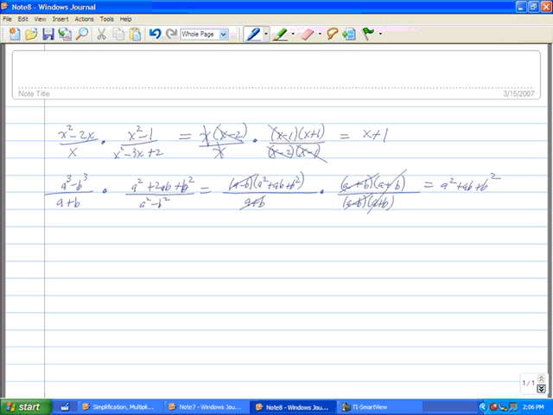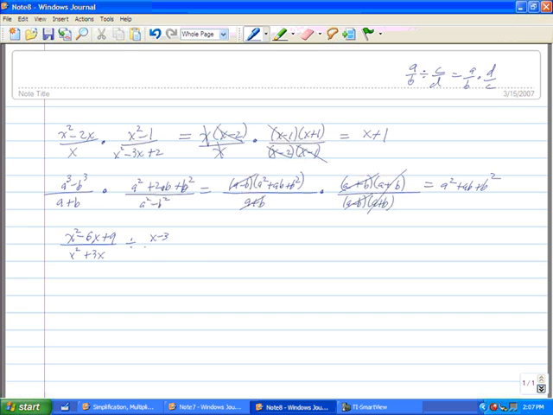Now let's remember how division works. A over b divided by c over d becomes a over b times d over c. So in other words, we're going to do division as a multiplication problem once the reciprocal has been put into place. So, if we had x squared minus 6x plus 9 over x squared plus 3x, and we wanted to divide that